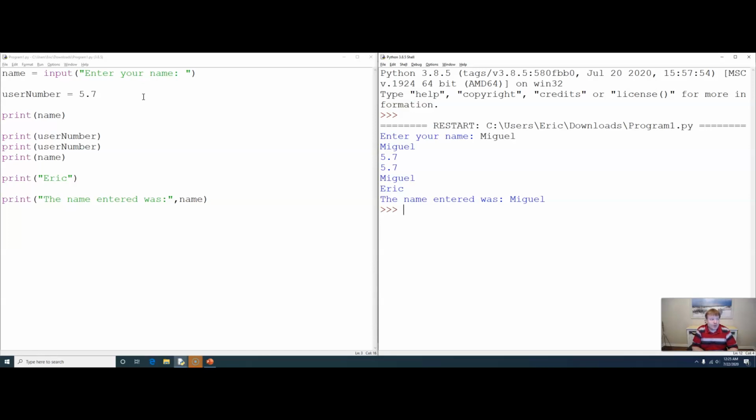So if it's been a while since you saw the last video where we talked about input statements, you may be looking at the code and saying, okay, what did we do here? Why were we doing this? And that's the exact reason we need comments.